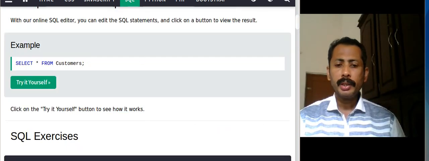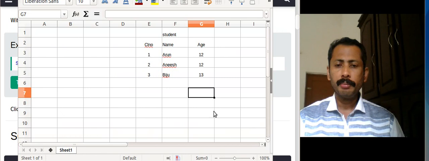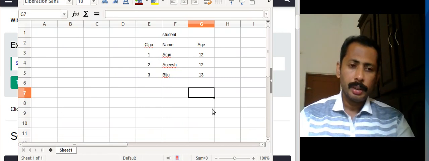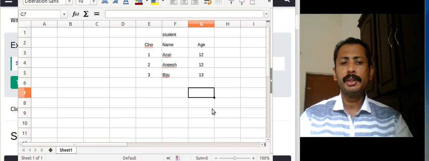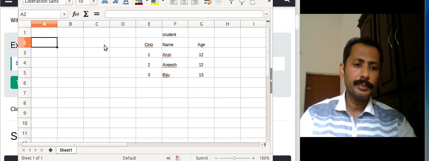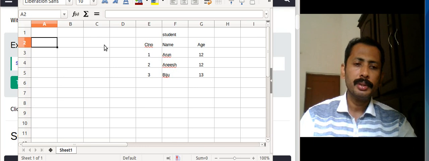Okay, so we will see the basic operations in SQL. As I told you, SQL can be used for creating databases, creating tables.